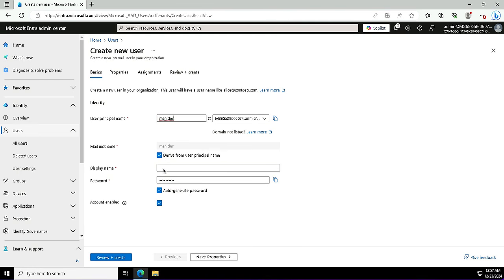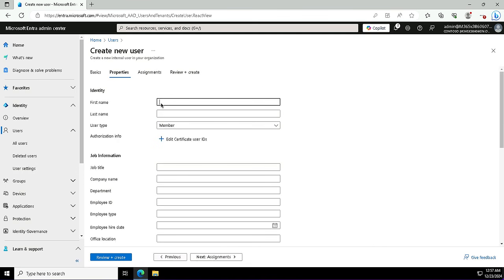This time this user account is different than the previous one, of course, Miranda, and this is the password for this user. In the properties, again I'll provide the same thing, the first name, last name attributes, and the usage location, department, and the job title. User will be member, and job title